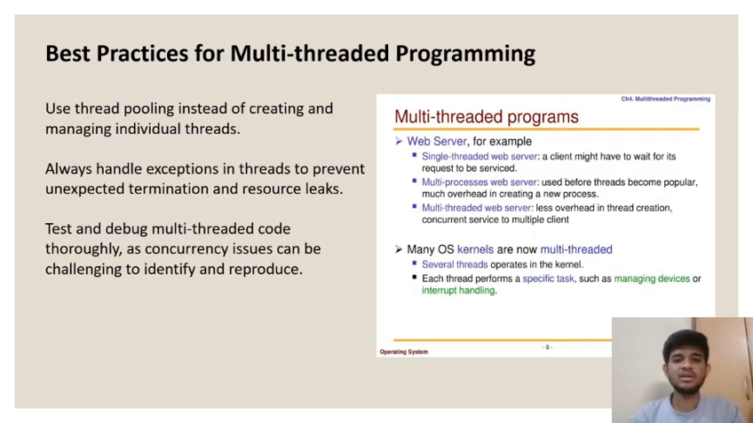Best practices of multi-threaded programming. Use thread pooling instead of creating and managing individual threads. Always handle exceptions in threads to prevent unexpected termination and resource leaks. Test and debug multi-threaded code thoroughly, as concurrency